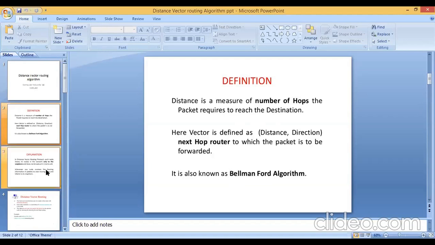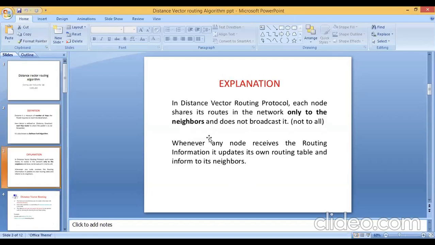So how this distance vector routing algorithm executes is, if we have many nodes, we identify for each node what its distance is, and the node also has to inform its neighboring nodes. In the distance vector routing protocol, each node shares its routes in the network only with its neighbors and does not broadcast to all the nodes.